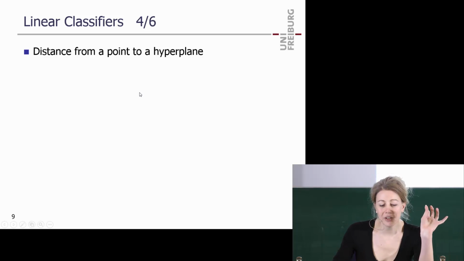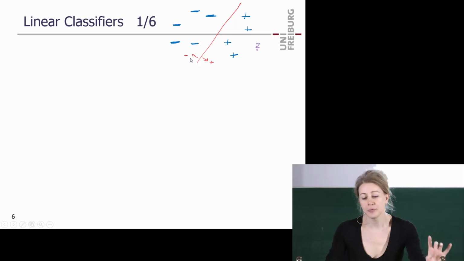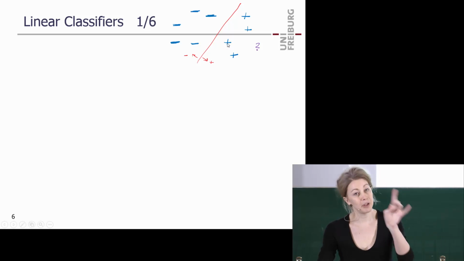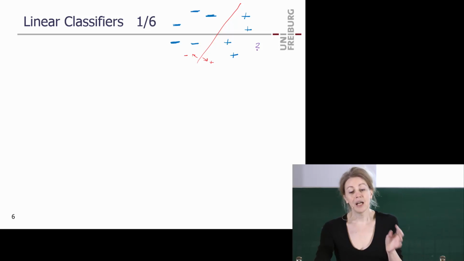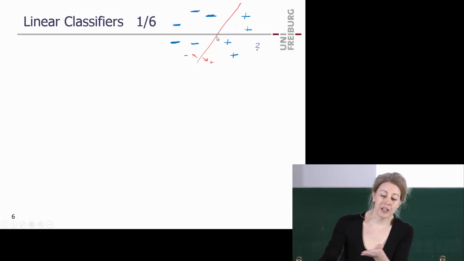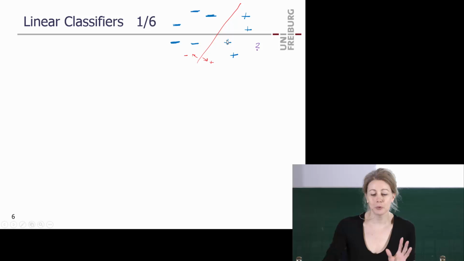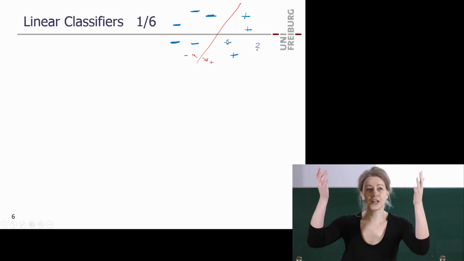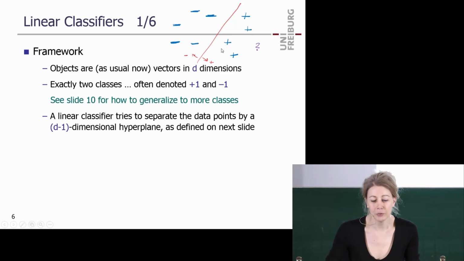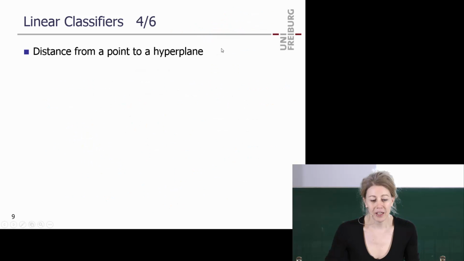That's important. The distance of a point from a hyperplane, not only the distance, but we need to know the side all the time. So we have a line given according to the definition. And this is now what you also need for the code. And I have a point, and now I have to figure out, which means calculate, is my point to the right or is it to the left? And maybe also how far is it to the right and how far is it to the left? Yeah? Now here you can see it or just measure it with a ruler. How do you compute it when the two things are vectors in d dimensions, right? And for that we need the proof we just had and something else.